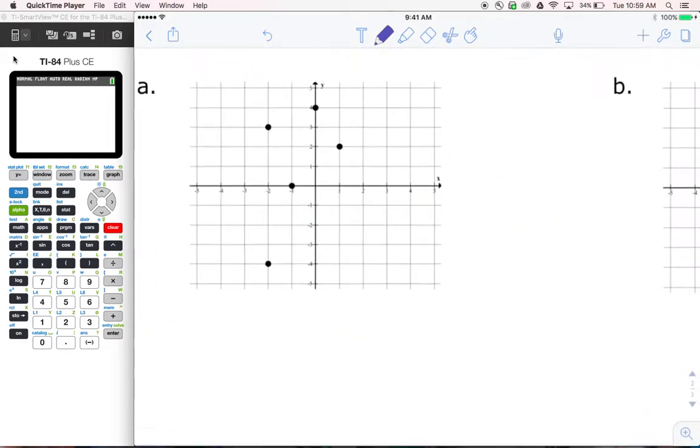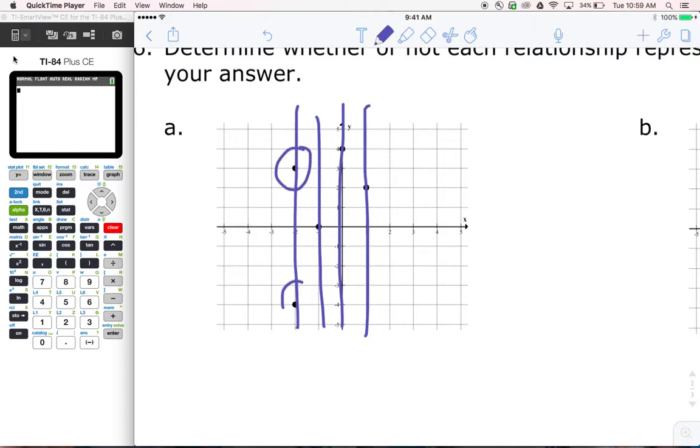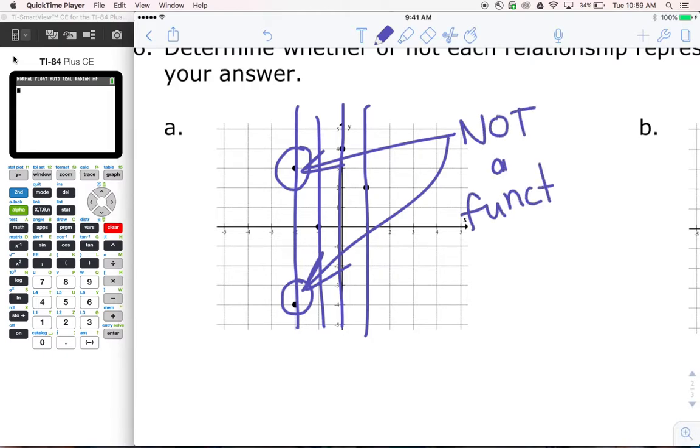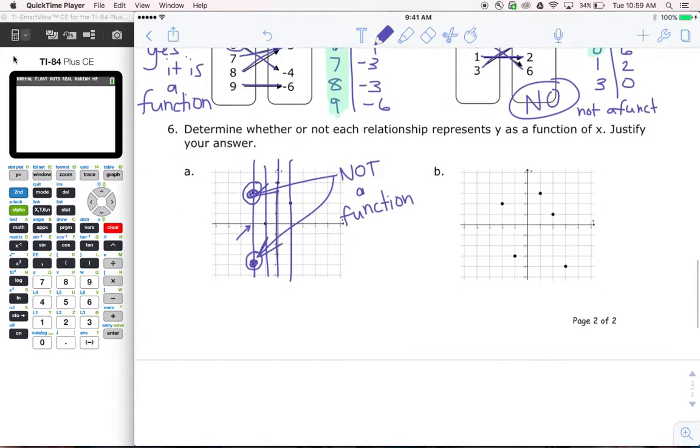So I'm going to look at example A. If I put lines where my points are, it's only hitting once, only until I get here. See how here I have a vertical line that's hitting my points more than once? Okay, that means that this is not a function. When x is -2, I'm getting a 3 value for y, and I'm getting a -4 value for y. We can't do that, right? So not a function. All right, you go ahead and do example B,